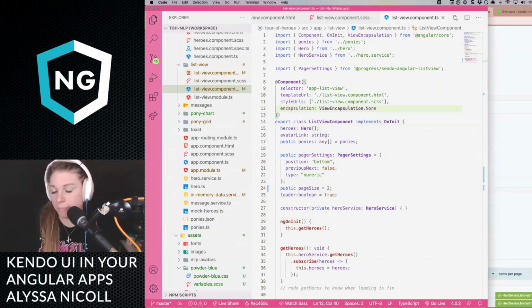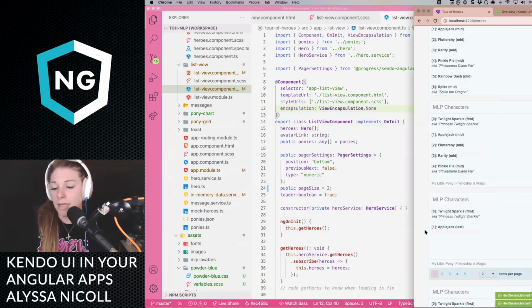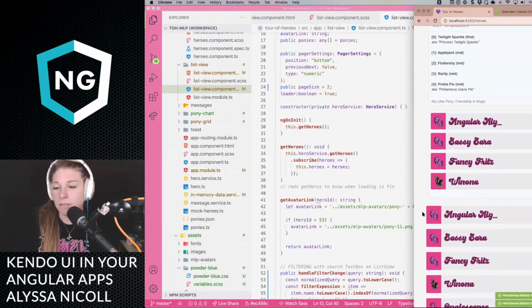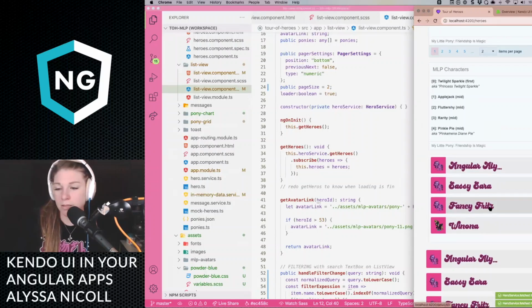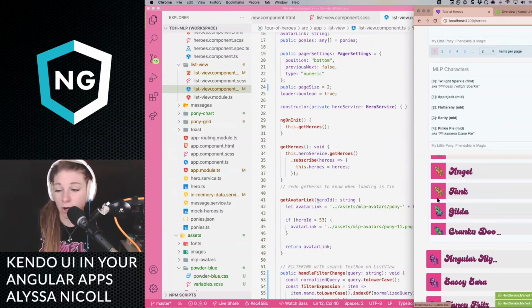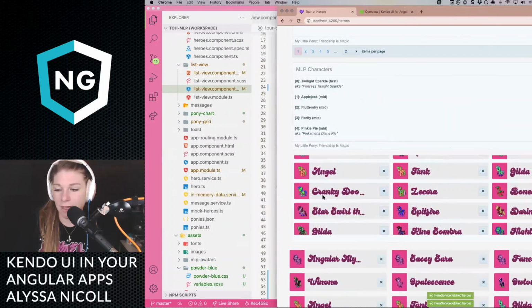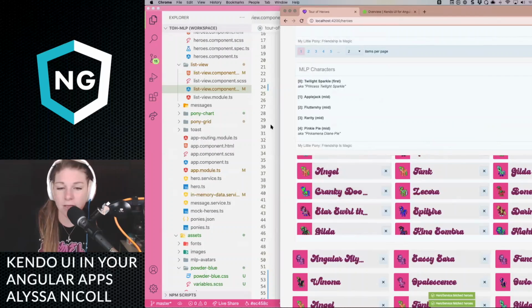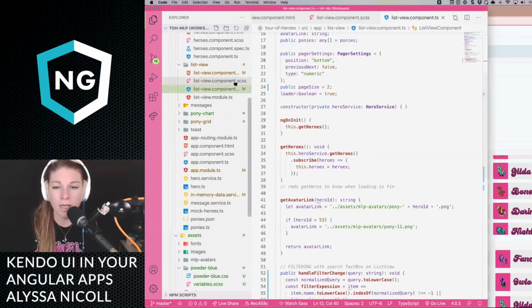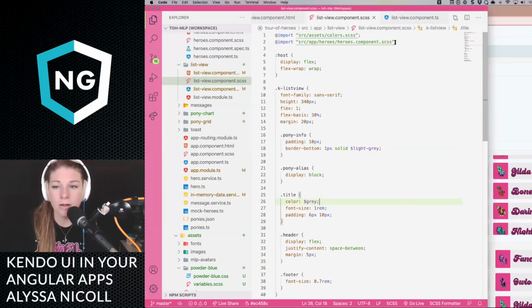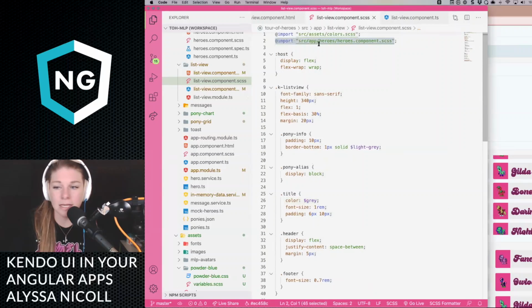It goes over here. And we have to scroll. Here's our list view, and it has our cards here. And they're behaving as the cards are below, and they have the styles. I'm actually importing the heroes component SCSS here.